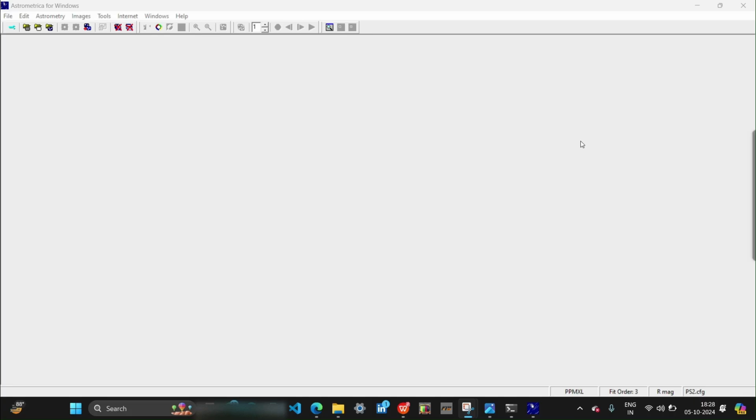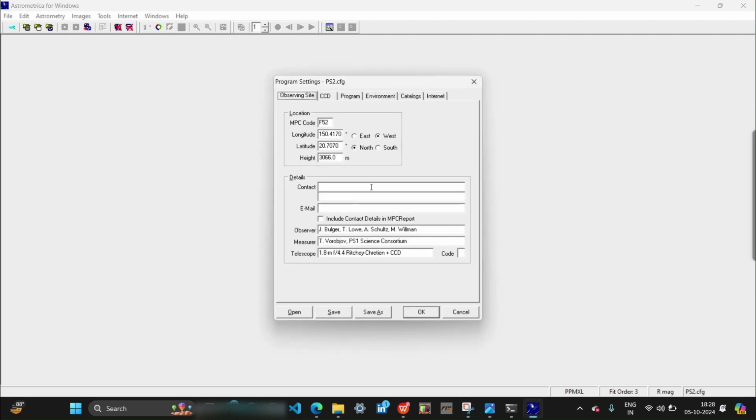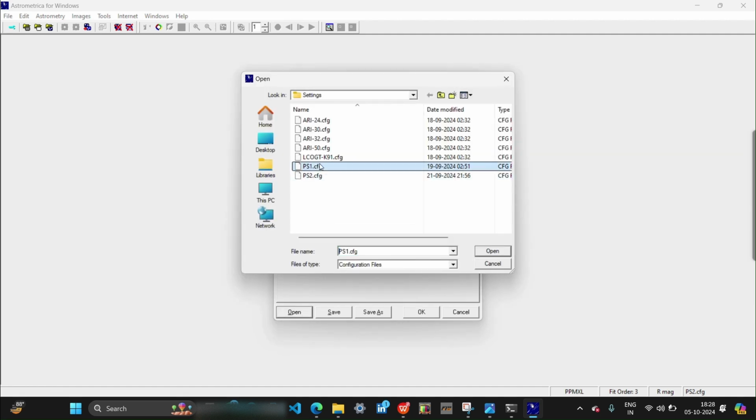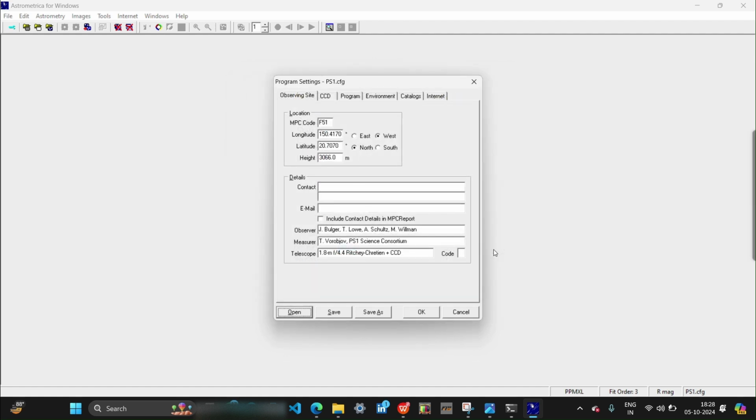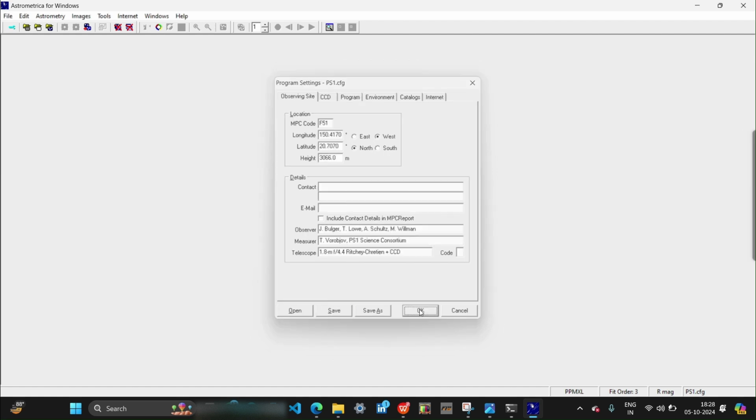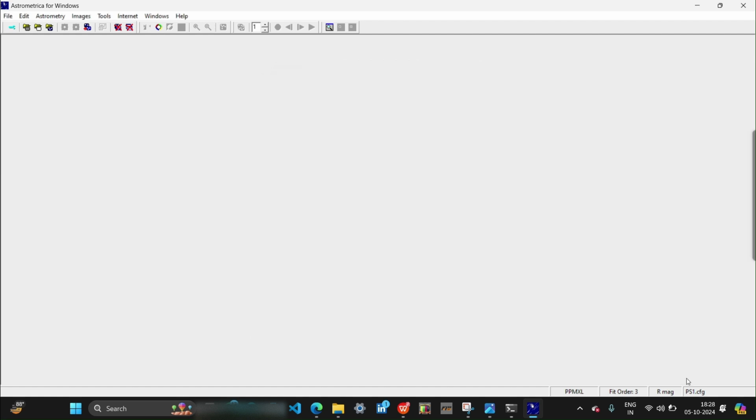The first thing you need to do is click on the blue icon here. Here you can see a blue icon in the form of a screw-type shape. So click on the blue icon, then click on open and click on PS1. As that image configuration was PS1, you have to click on PS1, click on open, then click on save, and then click on OK. After doing that, here you can see ps1.cfg. This is the basic requirement you need to do: as that image configuration was PS1, you have to set it to the PS1 configuration.